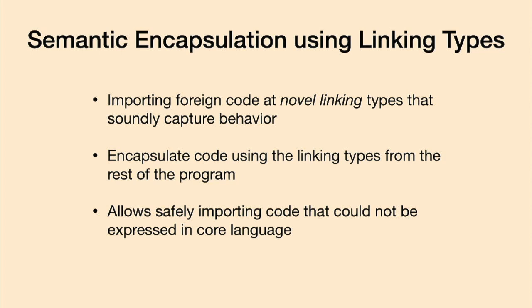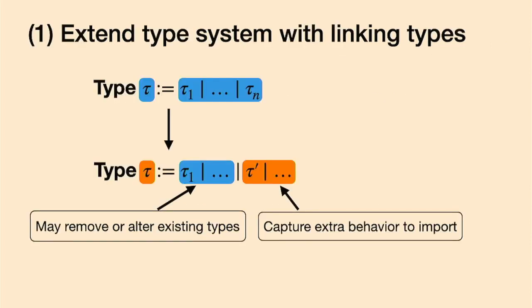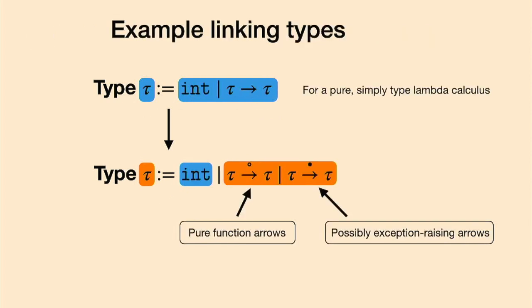So how can we make this more explicit so we can make it more formal? Essentially, first we need actual types. So if this blue language is my core language, then I need to extend the types to somehow express whatever behavior I'm trying to link with. So for example, if I had a pure simply typed lambda calculus with integers as a base type, and I wanted to bring in code that throws exceptions, okay? And there are classic little examples of how this causes weird reentrant behavior if you just allow those functions to flow into the normal types. So we don't want to do that.